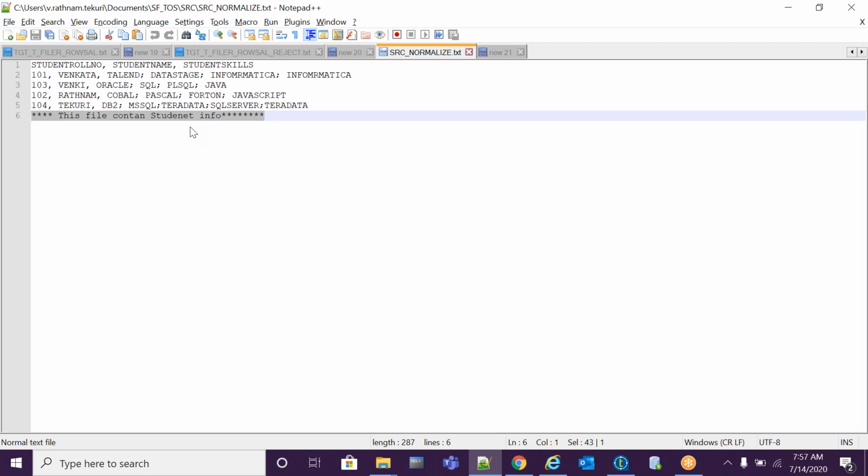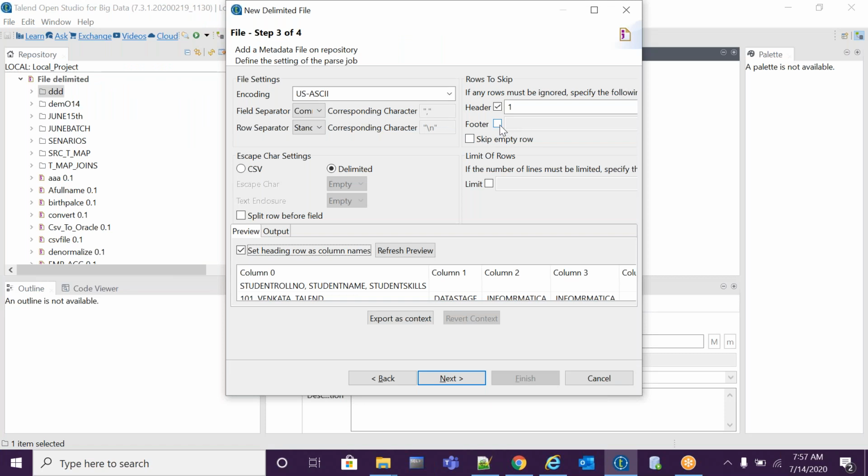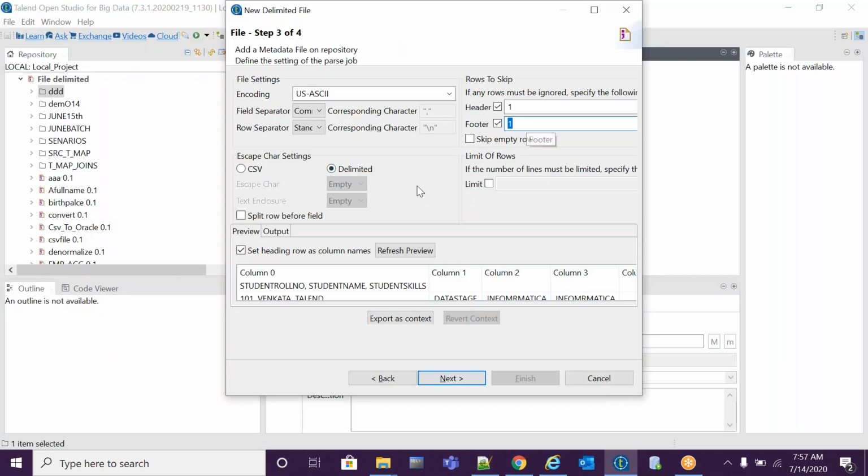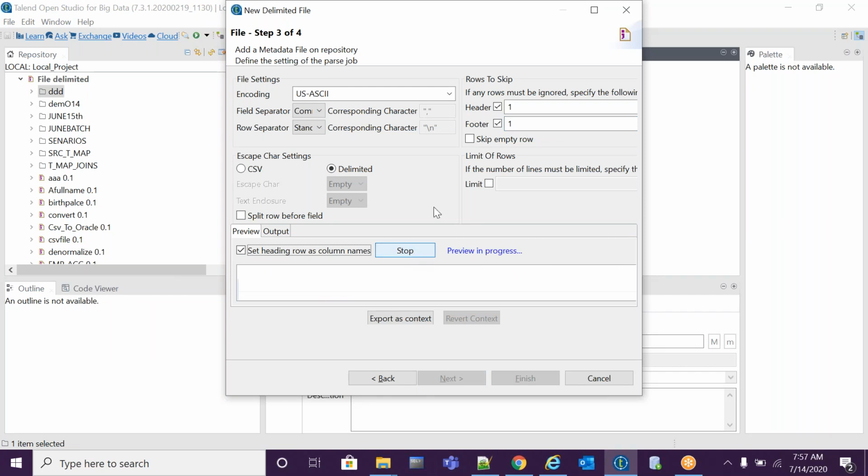I want to mark it as a footer. Here one footer checkbox is there. Select this checkbox and pass one line as footer. If we have 2 lines, we have to pass 2 lines. Refresh the preview.